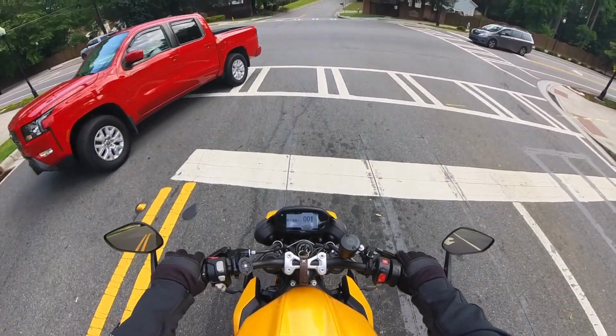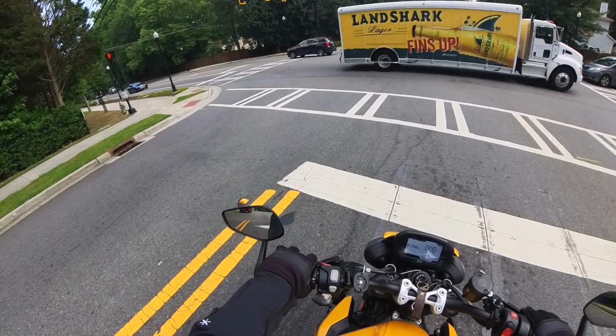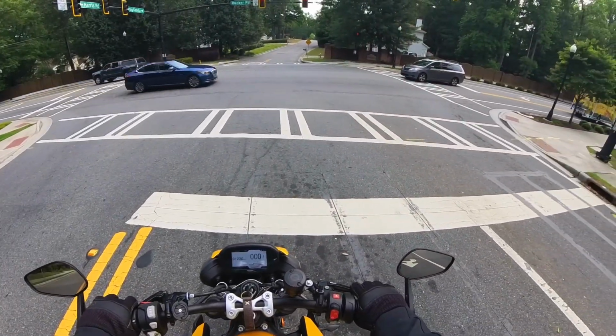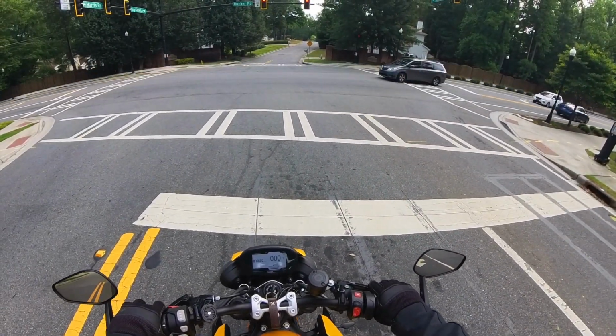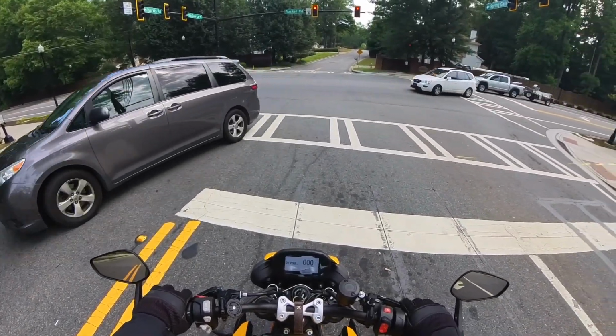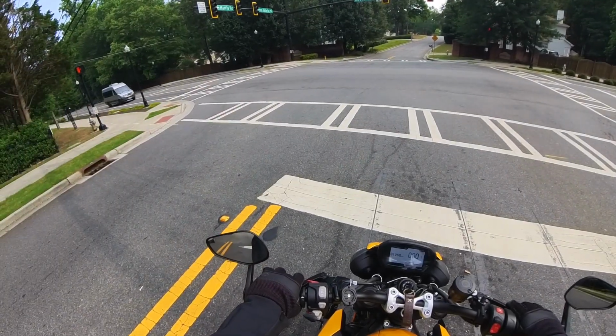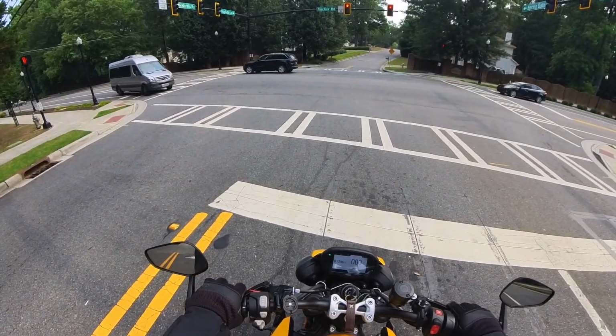I've only covered about 1,100 miles, and the front tyre is toast. Normally I would wear a rear tyre more than the front. The rear is looking quite good at about 3 millimeters. The front is down to 1.6 millimeters, which is basically the wear bar limit, and that's a lot, because when you think about it,